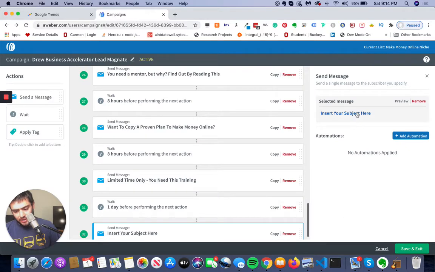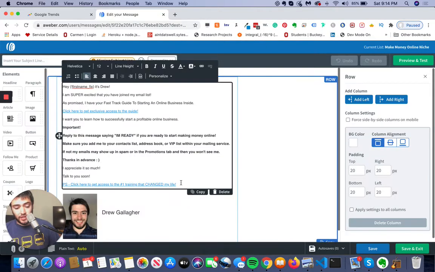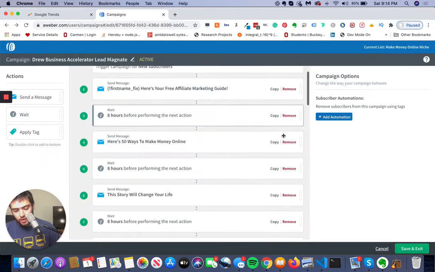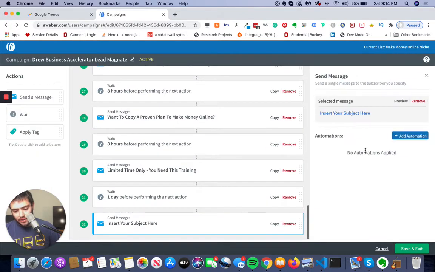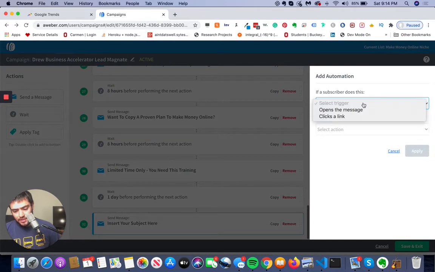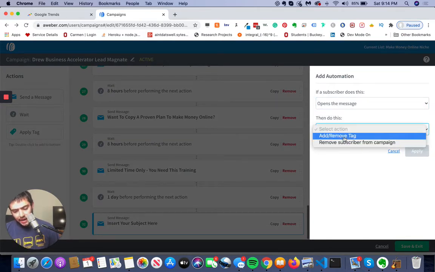I'll just select this message, which doesn't have much in it, and I might add a link. So if this was the message I was going to add, it actually has a couple links. This is my default template for all my messages, so I can just quickly jump in and use that. So if I go back, I already have that message, so now I can click on it, and what I